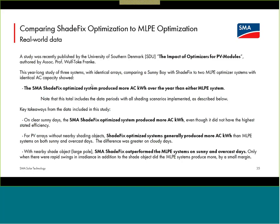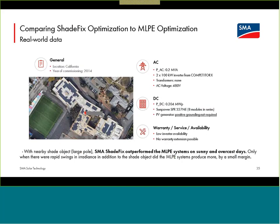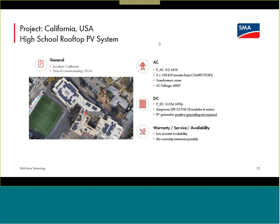And you can get some information about Shade Fix in general, including a year-long study from the University of Southern Denmark that showed, by comparing 3 identical systems, that the SMA Shade Fix system actually produced more AC kilowatt hours over a year-long study period with lots of different shade scenarios than a standard DC optimizer architecture. So we think the inverters do very well. So you'll have the high efficiency device with the Shade Fix optimization for mitigating partial shade, with or without any